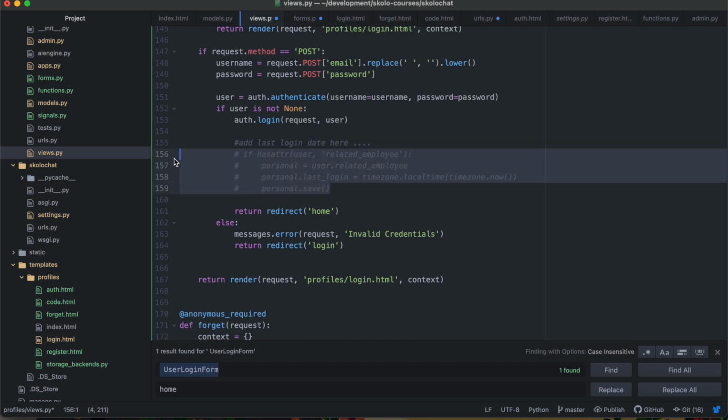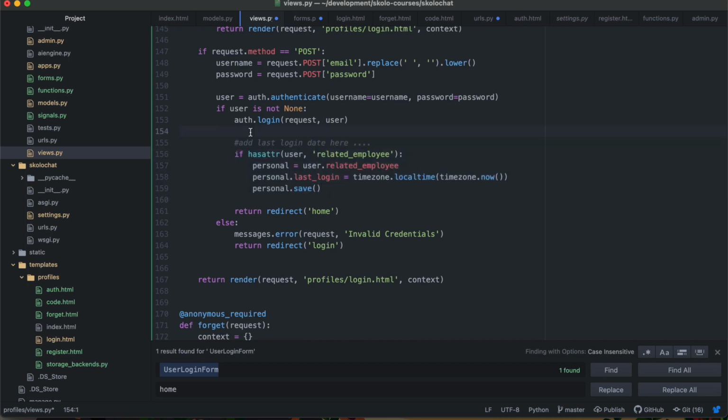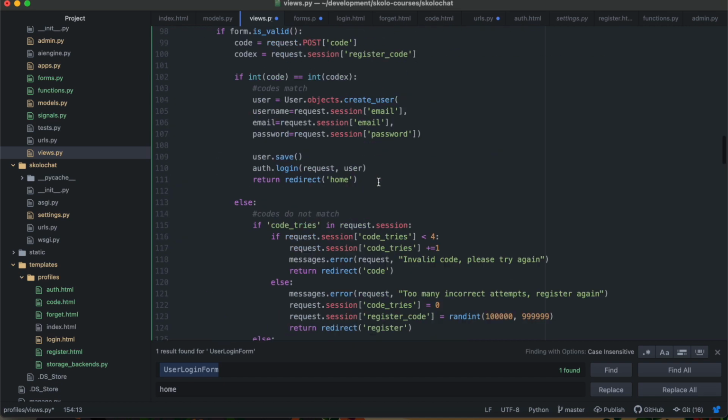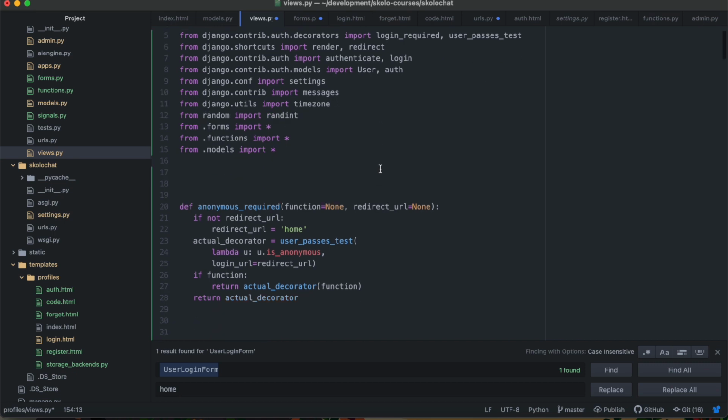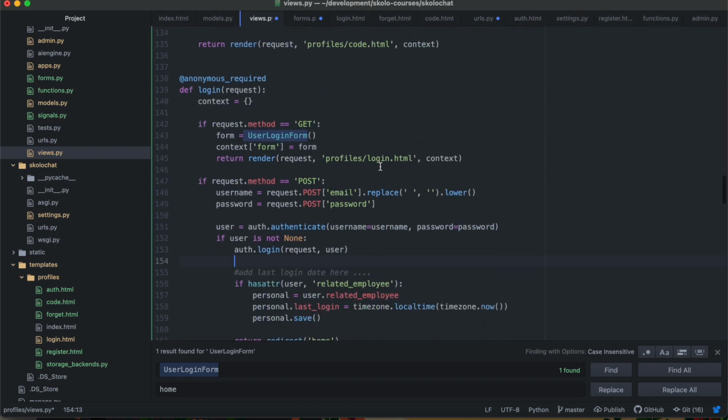There is a piece of line here that I want to add, because what I like to do with my profiles is to set in a last login. The last time the person logged in, so that I can keep track of people logging into the system. Sometimes, the reason why you might want to do something like this is,